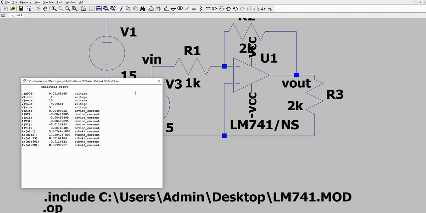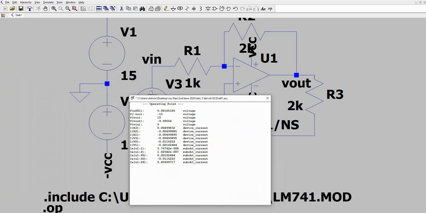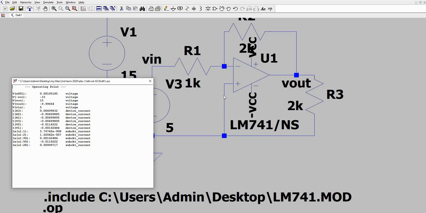Okay, so that would be it for the DC analysis. Let us now try to simulate this using AC analysis or transient analysis. For us to do that, we need to change our input into a sine wave. But before that, in your simulation results, be sure that we have the same answer, because if you don't have the same answer, then you might be using a different version or you have a different setting on your LTSpice. So be sure that the answers here are the same as the answers in your simulation.